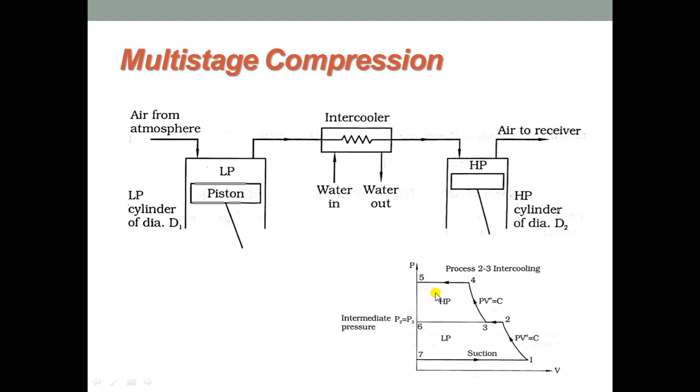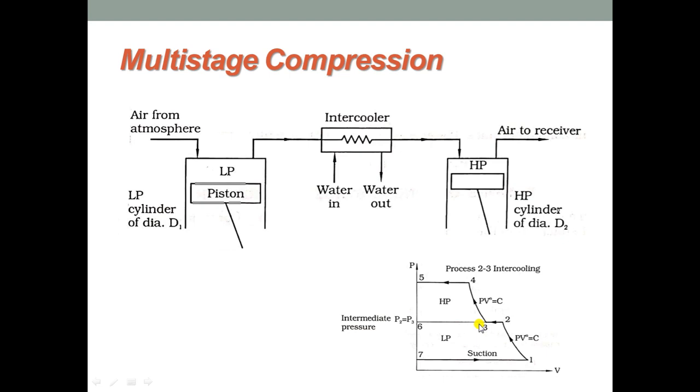In case of multi-stage compression, the compression in first stage occurs at low temperature and subsequent compression in following stages occurs at high temperature. The compression work requirement depends largely upon the average temperature during compression. Higher average temperature during compression has larger work requirement compared to low temperature, so it is always desired to keep the low average temperature during compression.